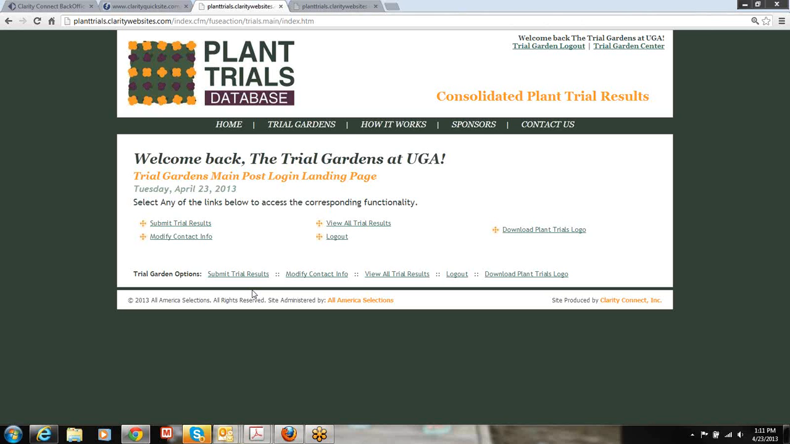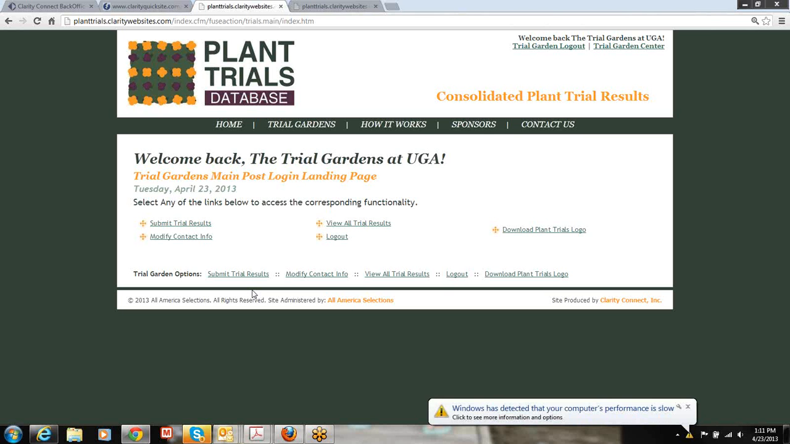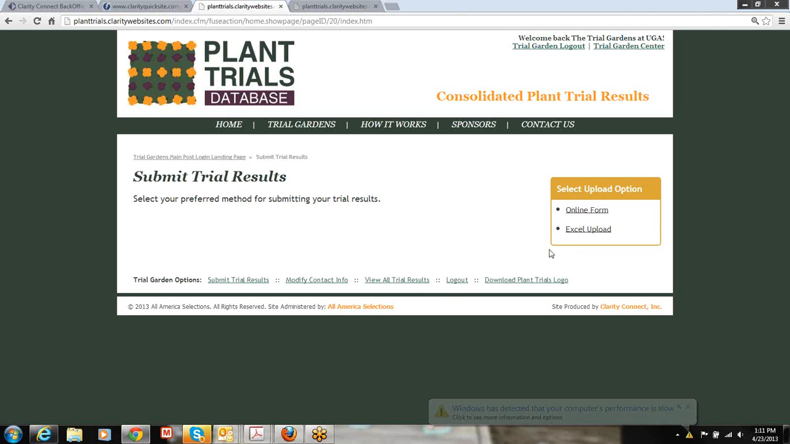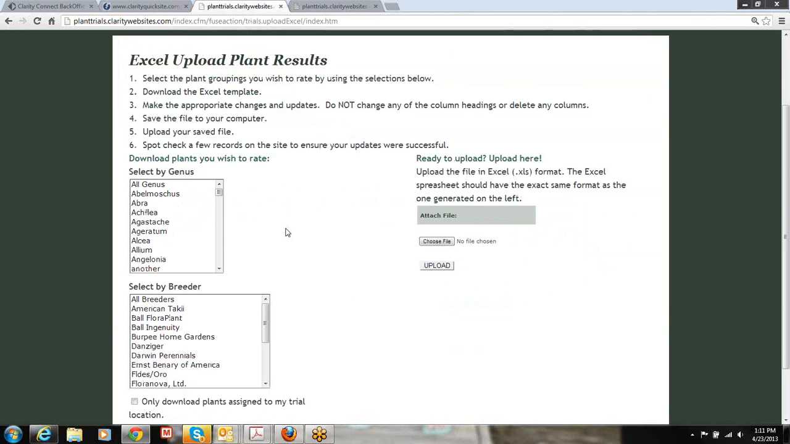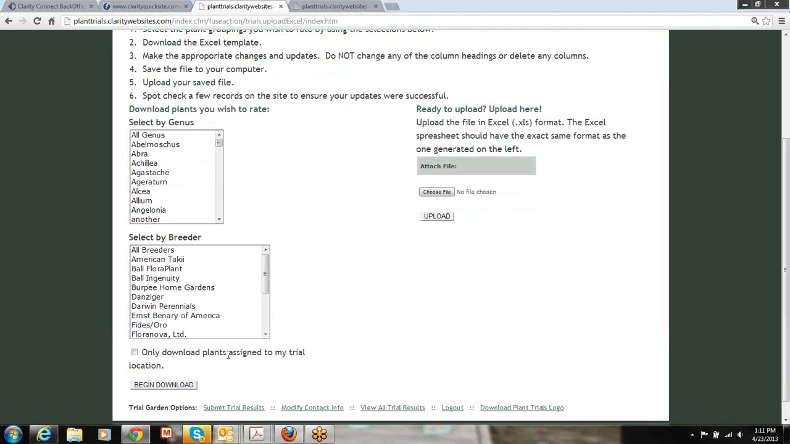Oh my. All right. So now if I also wanted to do the Excel upload, I can do that. So I can submit my trial results by Excel upload, and I can narrow down the plants that are in the download by genus, breeder, or only download plants assigned to my trial location. Now this only works